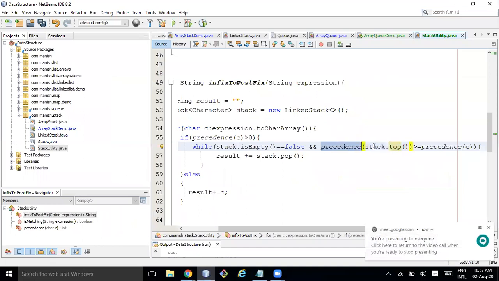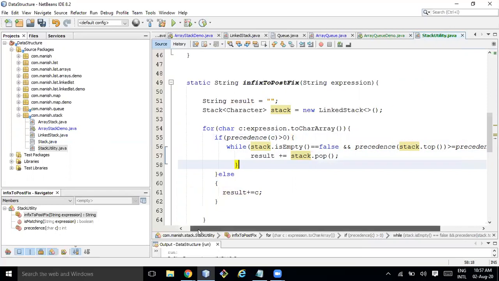Let's go back there. So if precedence of the stack top is greater than precedence of C, then greater than or equal to also, to consider left to right and right to left associativity, then I am just popping it and pasting it to the result. Okay, that's it.